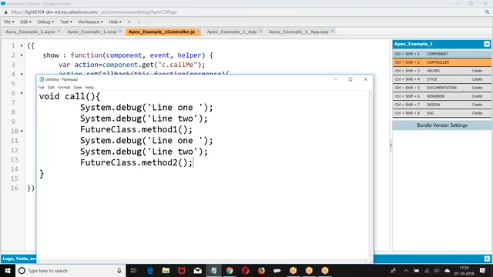Probably if you remember my future classes, I have taken a similar line-by-line statement example. I have taken line 1, line 2, line 3, future method 1, future method 2, line 3, line 4. I have taken a group of statements. Do you remember that example? Right. So what is the order of the execution? All the asynchronous jobs are pulled first, and the remaining operations are pulled separately. Then they are going to run. If there is any dependency, they'll hold for the dependency. Once the dependency action is completed, then the asynchronous job will be called separately.